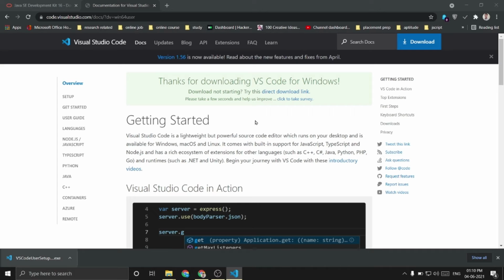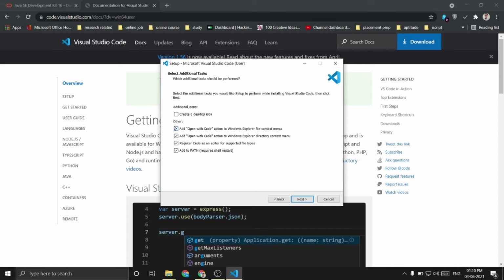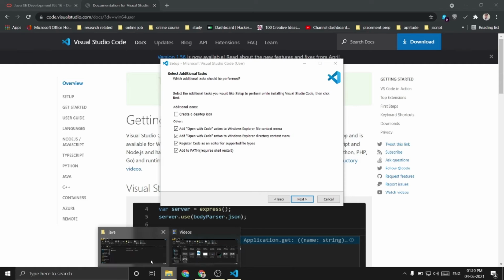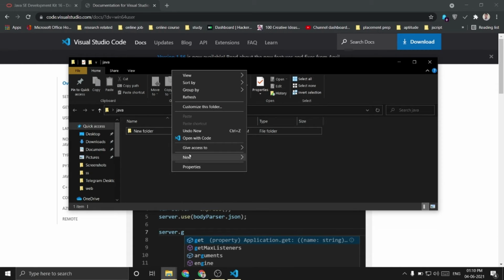It's getting opened. Just accept the agreement, then next, then check all these buttons. Why? See, suppose I have to open VS Code for this Java folder, I will just click here and open with code.